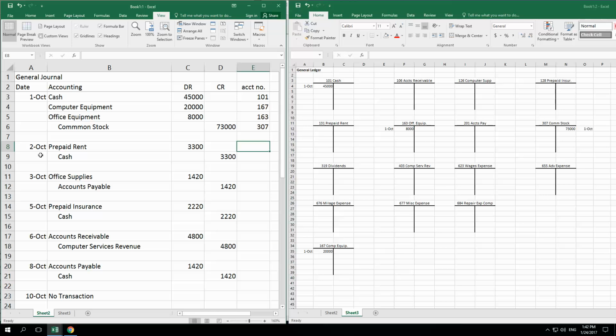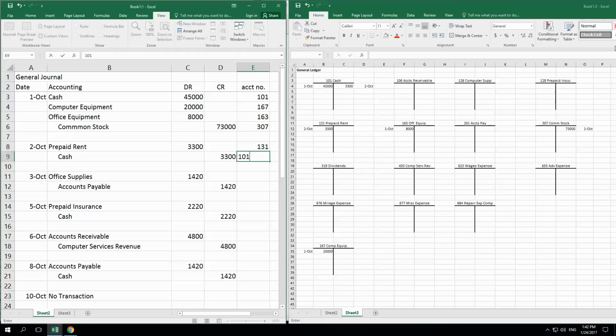cross-reference. Okay, October 2nd, prepaid rent gets a debit of 3,300, 10-2. And then over here, that's going to be recorded to account 131. And then cash gets a credit of 3,300. Notice, I don't skip a line. I just book straight into the credit column. It saves space, right? Because remember, when I'm going to get the balance in the account, I'm going to get the difference between the debits and credits. Okay, that's really all it is. Okay, can you see the ledger? Okay, this side. Okay, I have it a little small, but we can see the whole thing the way I have it. Okay,